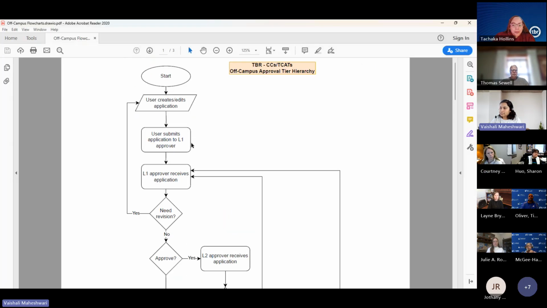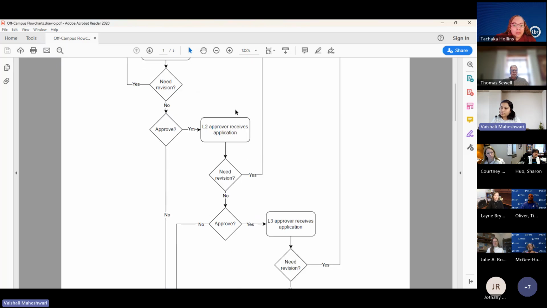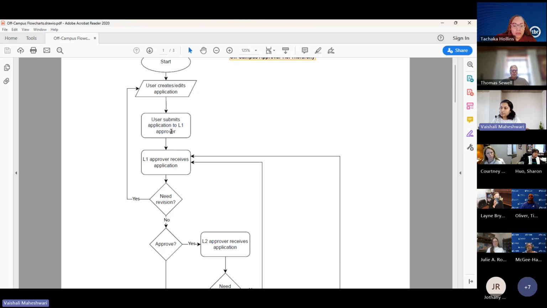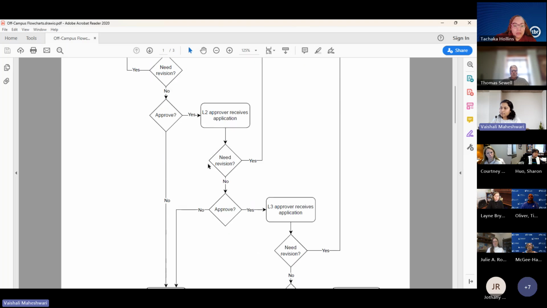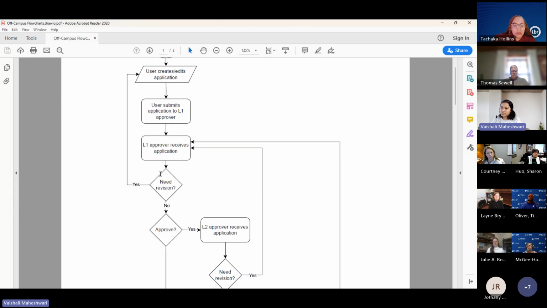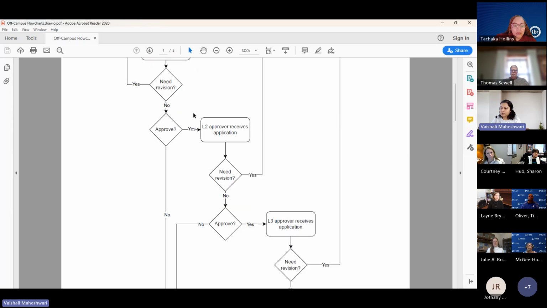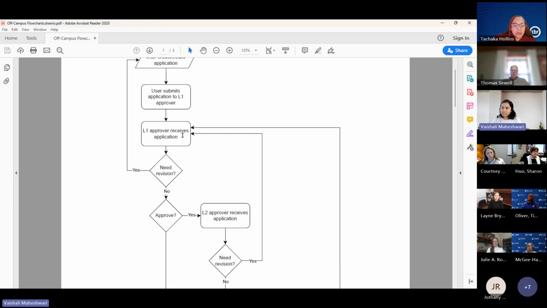So for instance, this is for TCATs and community colleges, which have 3 levels of approvers. The user submits to the L1 approver, and L1 receives the application. If they think it needs revision, they can send it directly back to the user. But if L2 thinks that a revision is needed, they need to send it to L1, and L1 will submit. So basically,